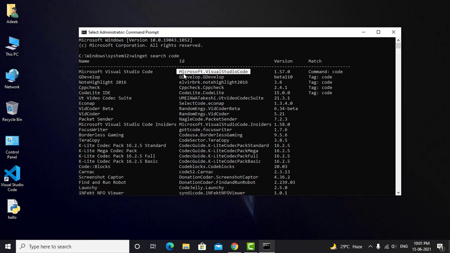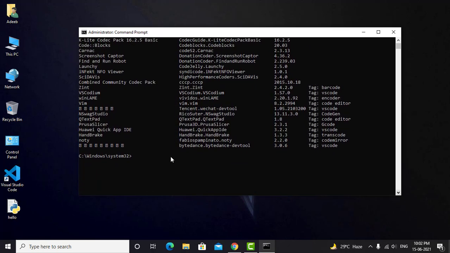See, you have got this option. Just copy this one. It's telling you that Winget supports Microsoft Visual Studio Code and all the other software and commands for this version. I just copied this one. Now we have to install it using winget install. Good. When I press enter, the file will be downloaded from the official website of Microsoft Visual Studio Code, and it will be installed automatically.